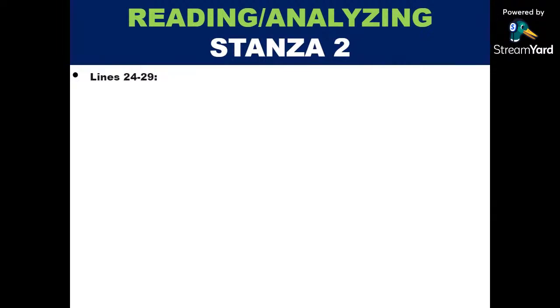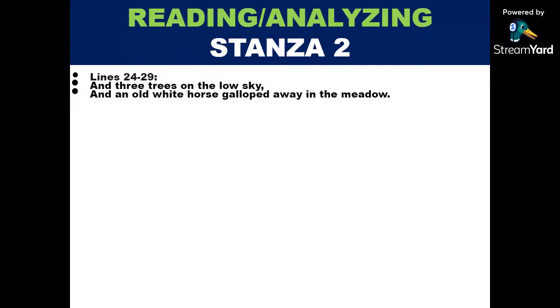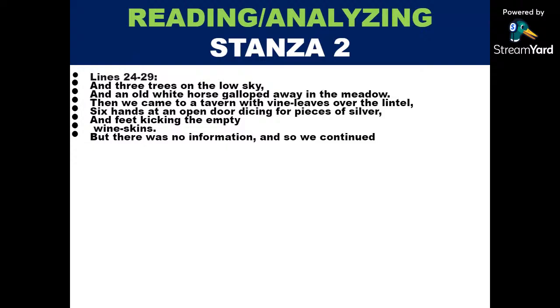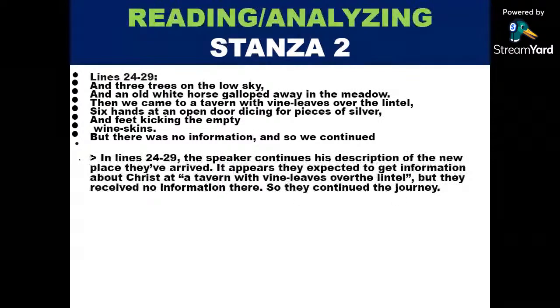Still on stanza 2, let's look at lines 24 to 29, and they are as follows. And 3 trees on the low sky, and an old white horse galloped away in the meadow. Then we came to a tavern with vine leaves over the lintel, 6 hands at an open door dicing for pieces of silver, and feet kicking the empty wineskins. But there was no information, and so we continued. When we get to the next lines, we discover